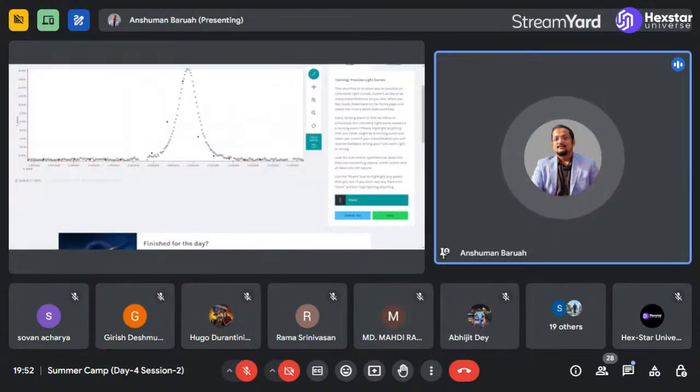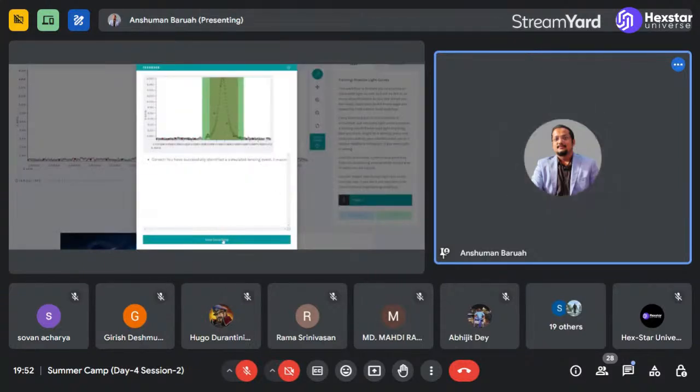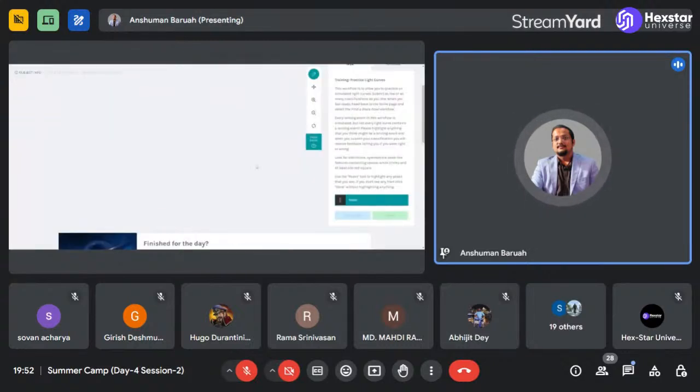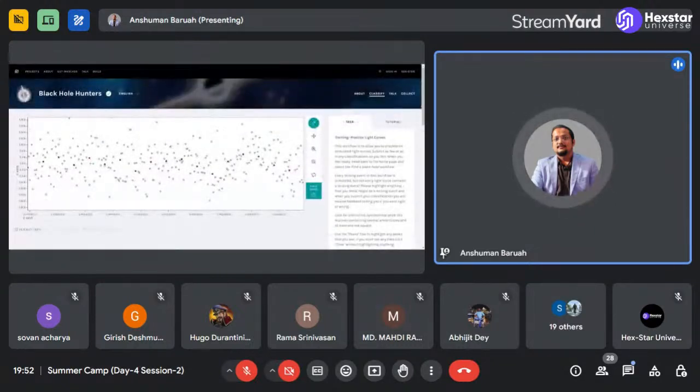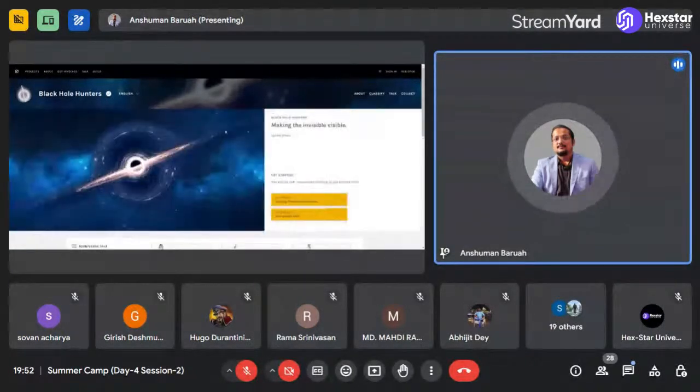Let us keep on classifying. This is a clear example of a peak. It is exactly looking like the graph that I showed you in the presentation, right? So you can highlight this and click done. This is also correct. So you can keep on practicing. At least practice this for half an hour straight if you want to get more and more accurate. And once you're done doing this, you can actually go back to the main page.